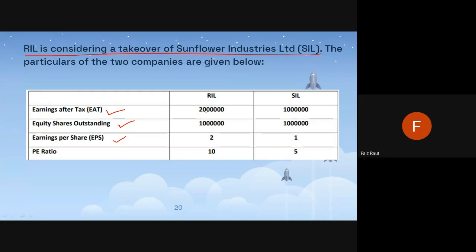EPS, again, if it is not given, you can calculate it. Earnings 20 lakhs divided by 10 lakhs shares. So EPS, even if it is not given, I can calculate. The PE ratio should be given if it is that type of sum. Mostly it will be given. So now in this case,